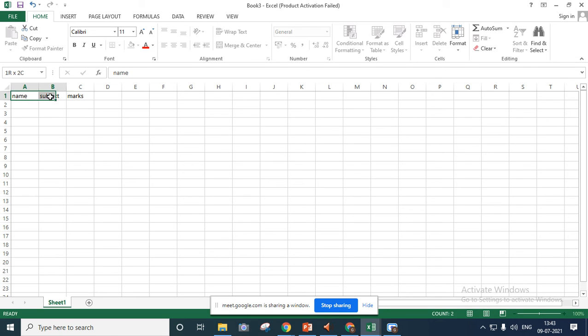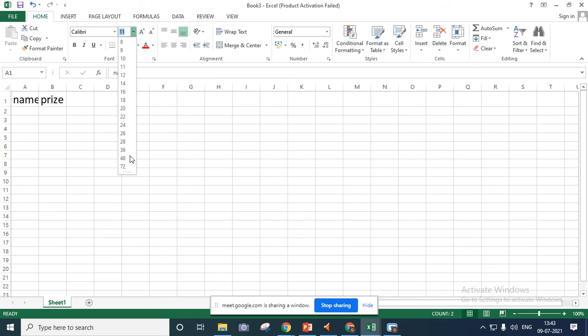Or else instead of this, I'll take one shop example. So here I'll write name and for what you are purchasing the thing, and for that I'll take the price. From the shop, what you are purchasing, that price I'll write, and what you are purchasing, that I'll write here as name.